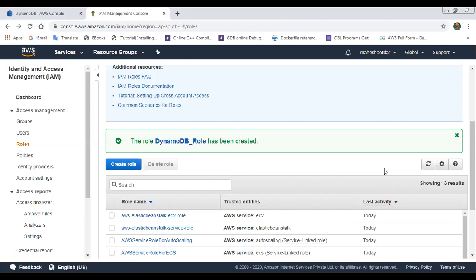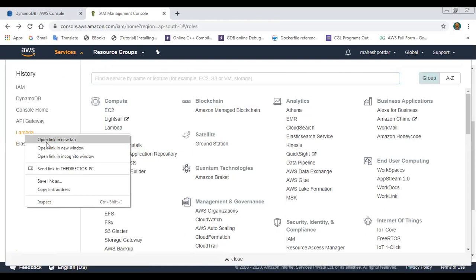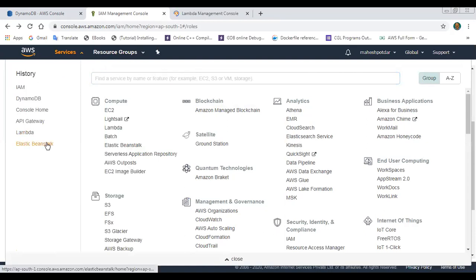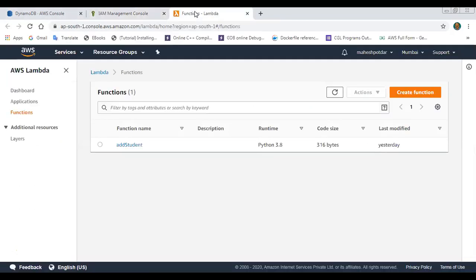So let us start the process of creating the Lambda function. For that, from the services, you click on services and select Lambda function in a new tab. So DynamoDB, one tab. Second, IAM management console, and the third tab is used for the Lambda function.